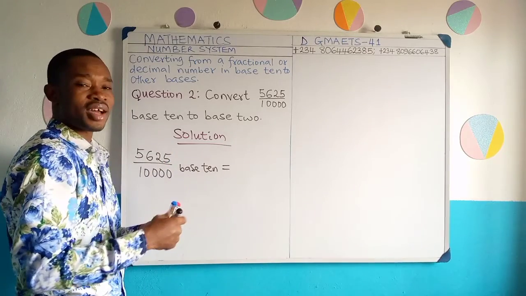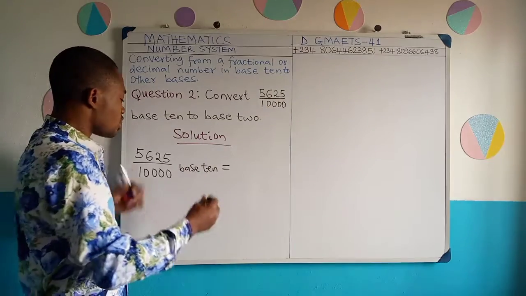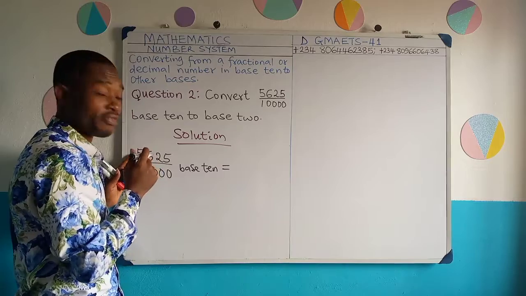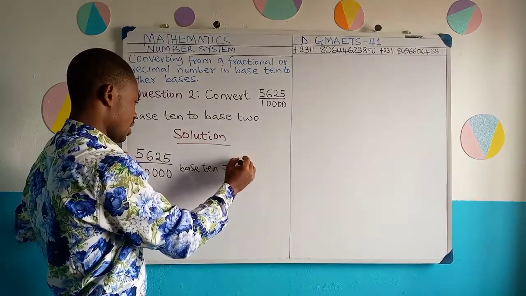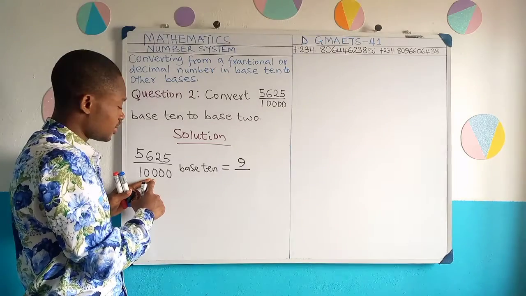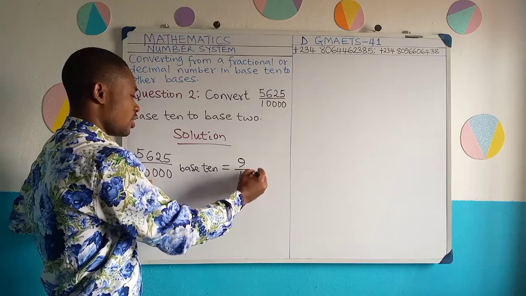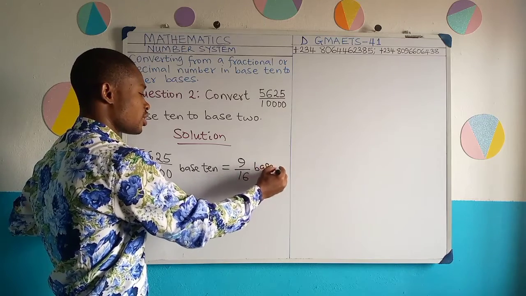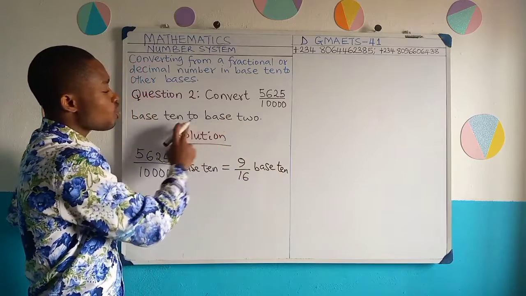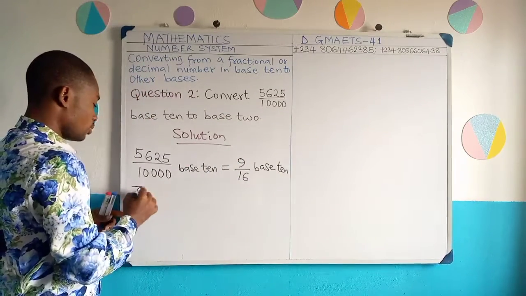Then you can now start converting it from base 10 to the required base. So if you use 625 to divide the numerator of 5,625, you are going to get 9. And then use 625 to divide 10,000, you are going to get 16. So this is 9 over 16 base 10. The question required that we convert it to base 2. So to convert to base 2,